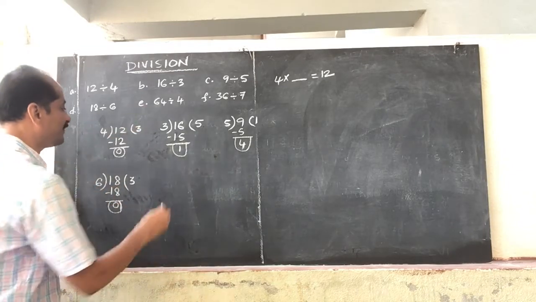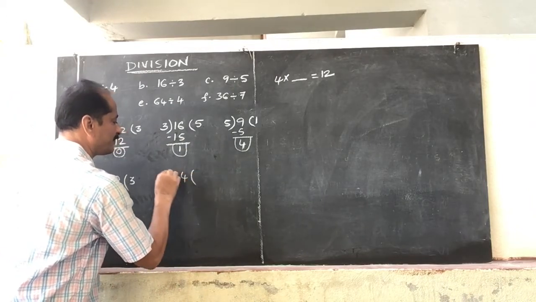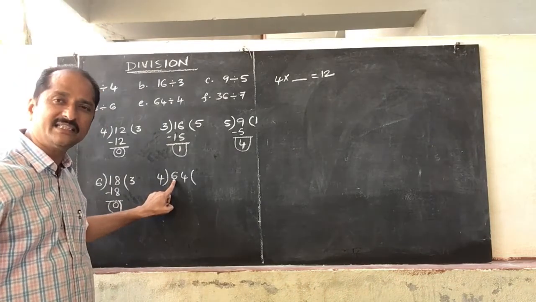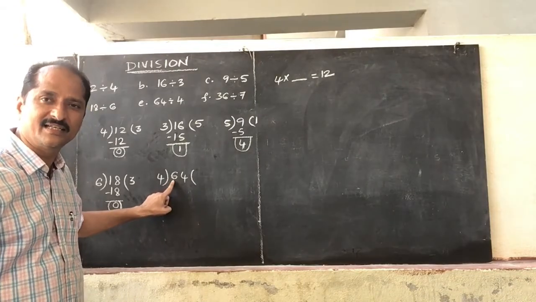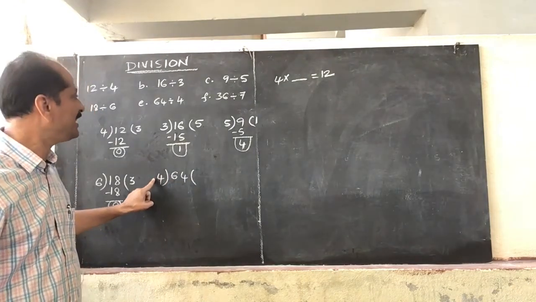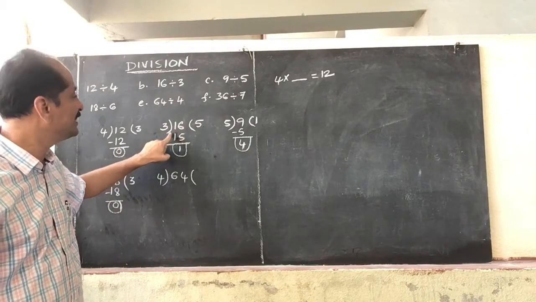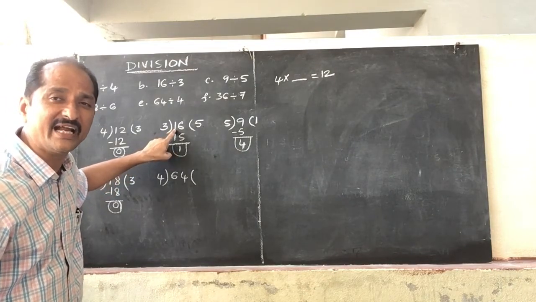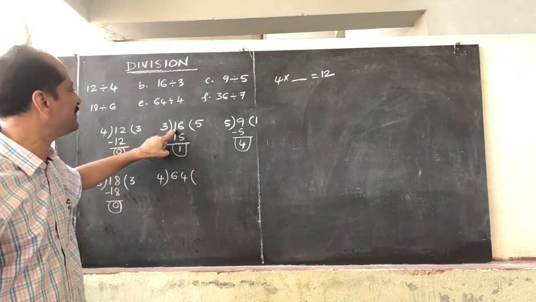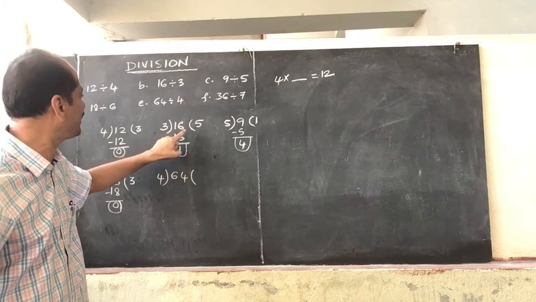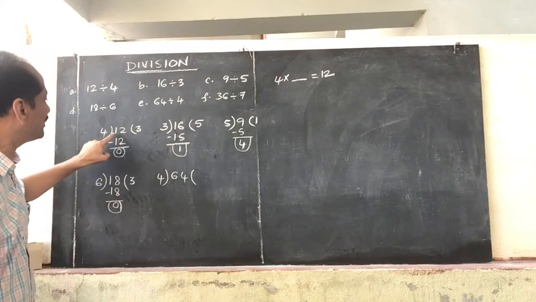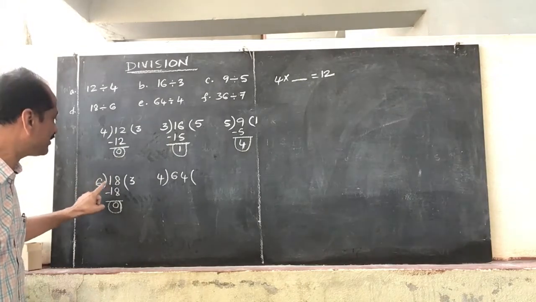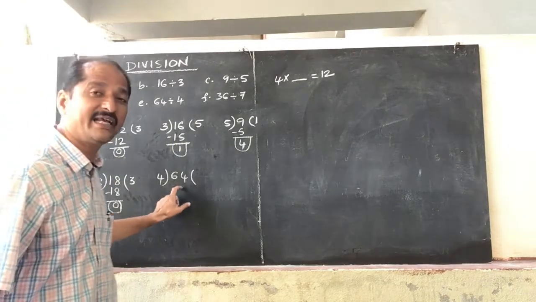Next question. 64 divided by 4. Here, observe carefully. The first digit of the dividend is 6. Yes, 6 is greater than 4. But here you observe carefully. Whenever you are dividing 16 divided by 3, why are you taking 2 digits? Because the first digit of the dividend is not divisible by 3. That means 1 is less than 3. So only here we have taken 2 digits, that is 16. But here also 1 is less than 4, so only we have taken 2 digits. Here also 1 is less than 6, so here we have taken 2 digits. But now here we are taking only 1 digit.